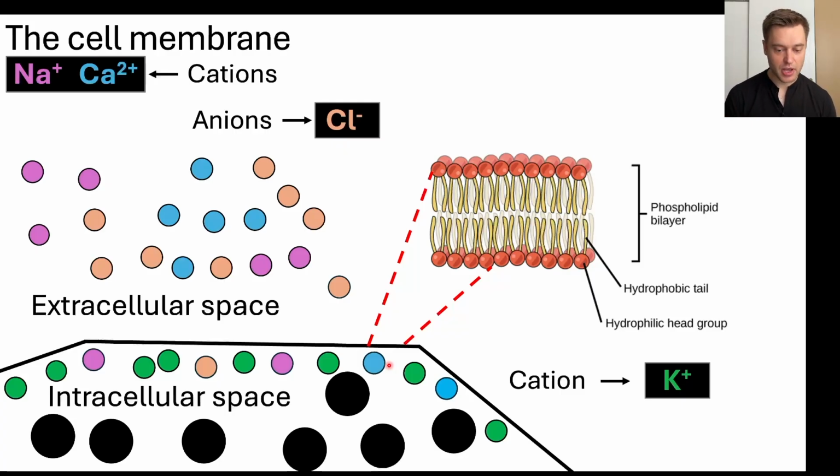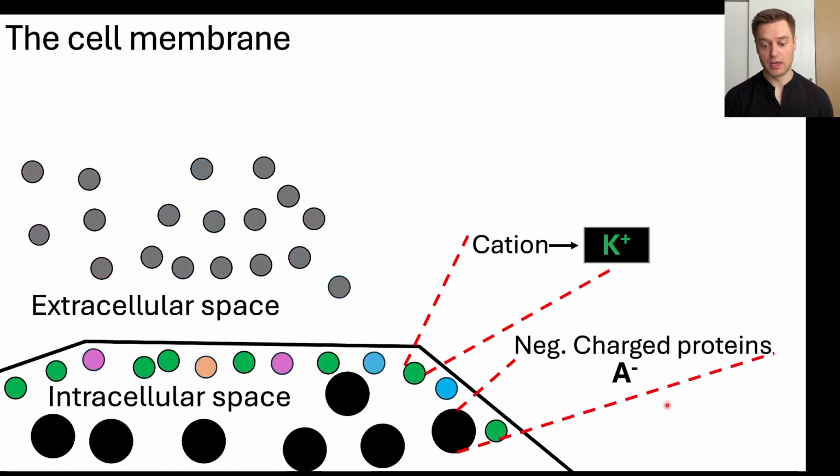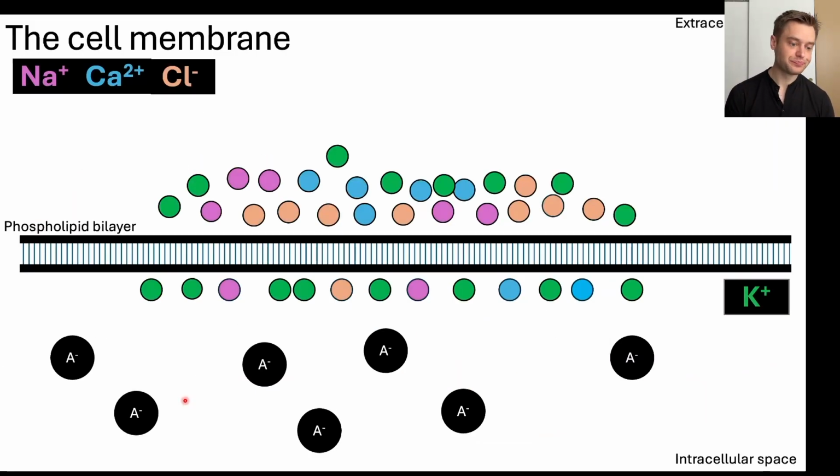But anyway, on the outside of the cell, we have more sodium and more calcium. On the inside of the cell, we have more potassium, but it's still negatively charged relative to the outside of the cell because of the big negatively charged proteins. Okay, so we're going to take a look here at what's happening with ions. Like I said, we have a lot of sodium and calcium and chloride on the outside of the cell. We have a lot of potassium and negatively charged proteins on the inside of the cell,